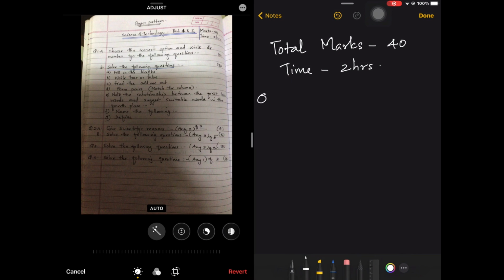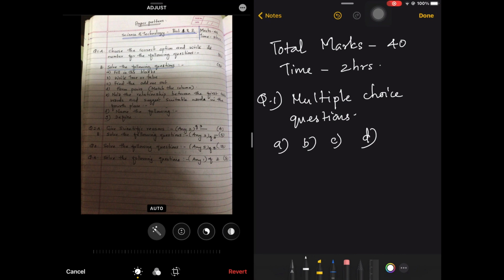Here you have to take care that when you are writing the answer, you have to write the option number of the question, that is A, B, C or D. Whatever option you are choosing, you have to write that. It is compulsory that you write the alphabet, because if you are not writing the alphabet and you are writing the answer itself, you will not get the marks. If you write the alphabet, you will get the marks. So you have to be very careful when you are writing this. You have to write the alphabet compulsorily.